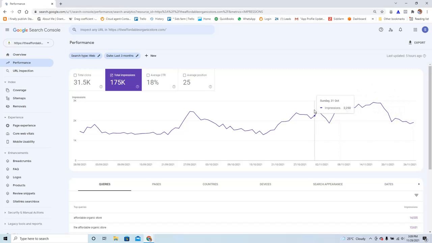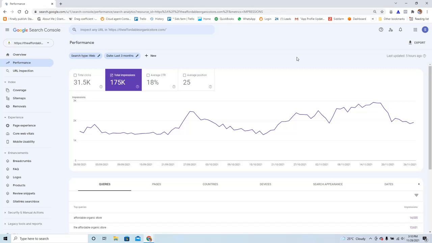Now, impressions mean: when any person searches for any keyword on Google, how many of those impressions are coming to us? For example, if someone searches for rose seeds on Google, is our website really appearing in front of them or not? That depends on two things. One is the keyword the person is searching. If someone is searching for water cooler, we will not appear because we don't sell water coolers. Whereas if someone is searching for lotus seeds, we should appear because we sell that product on our website.